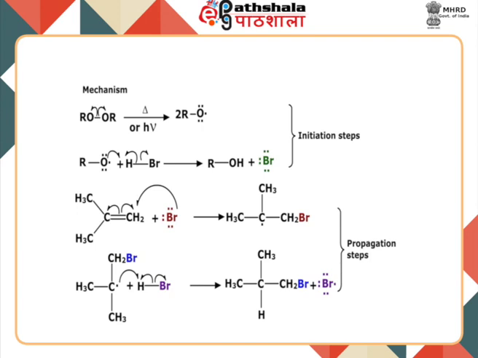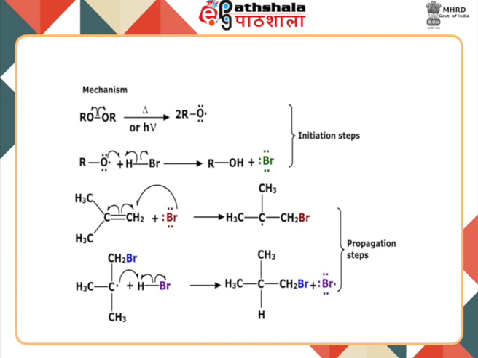In the next step, the bromine free radical reacts with the alkene molecule to form an alkyl free radical, and this can happen in two ways, and the radical which is more substituted is more stable. So here a tertiary radical is generated. This radical further reacts with HBr to form the alkyl halide along with formation of a bromine free radical, which further